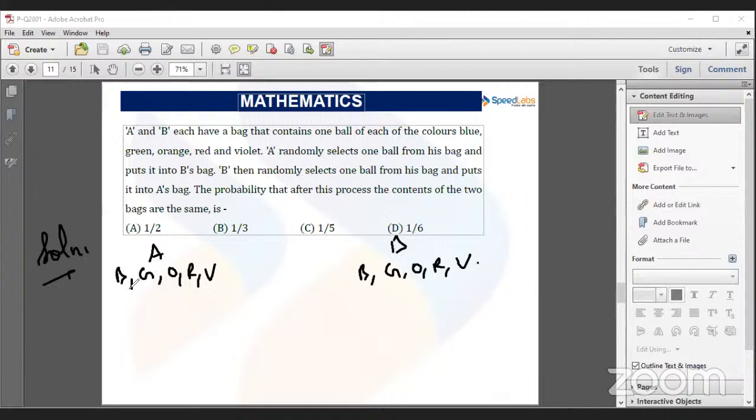So let us suppose A transfers a blue ball to bag B. ठीक है, तो ब्लू चुनने की प्रोबेबिलिटी क्या थी? 1C1 बाई 5C1।